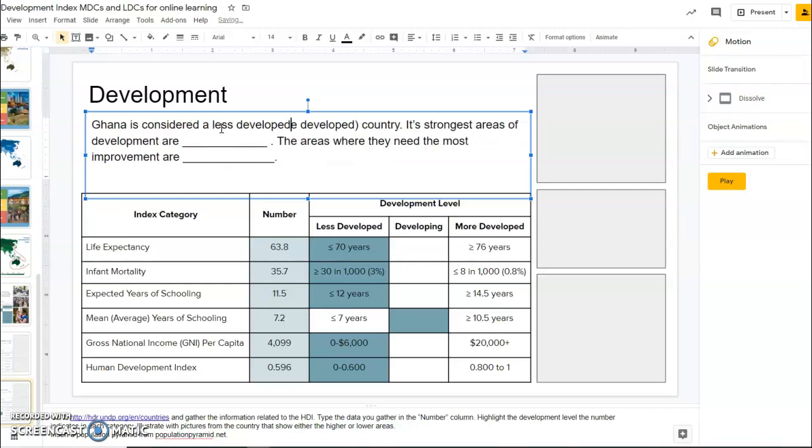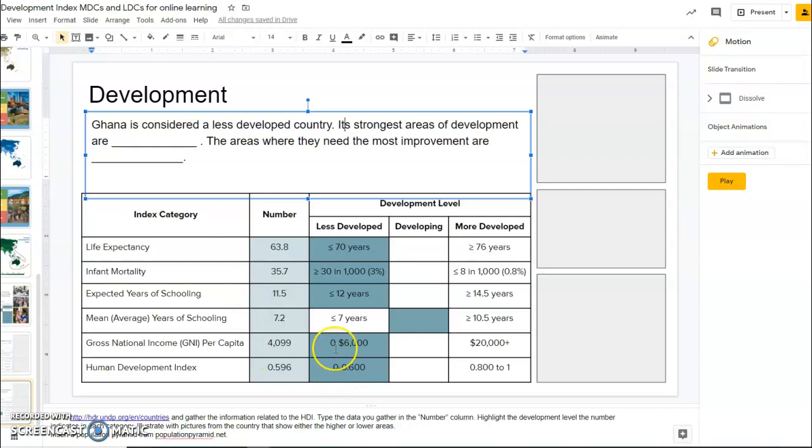country. I'm going to take out those other categories. Its strongest areas of development are, so let's look at what areas we look the best in. It's pretty close in the overall Human Development Index. So the very strongest is the mean years of schooling, and it's really close on expected years of schooling. So its strongest areas of development are in education,